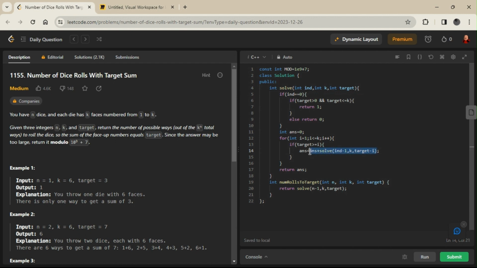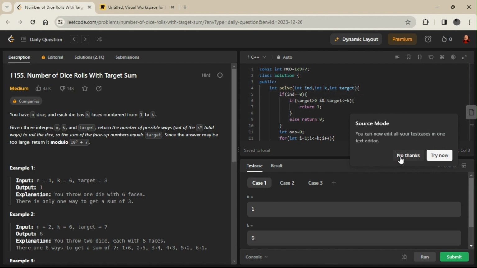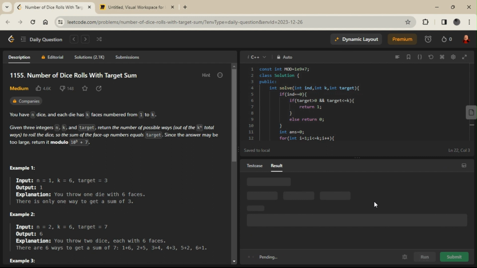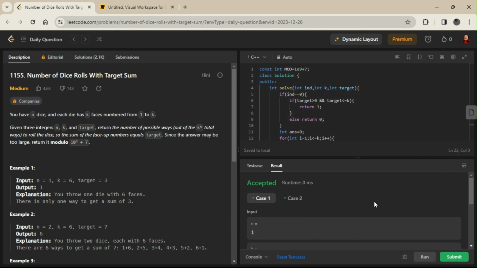That's why we calculate the mod value at each step. Now if we run this, it will lead to time limit exceeded. Let's suppose this test case, n equals 30, gives time limit exceeded. So let's remove it and run for these two cases, and the answer will be accepted.